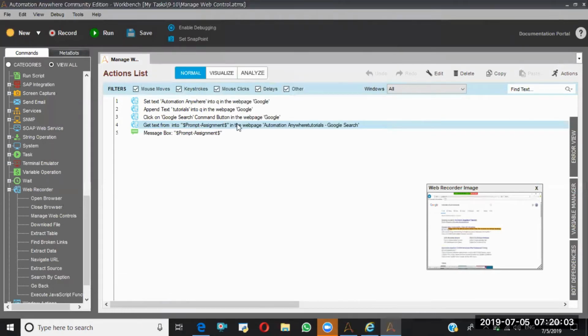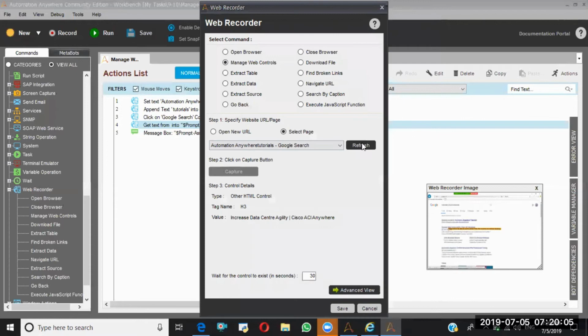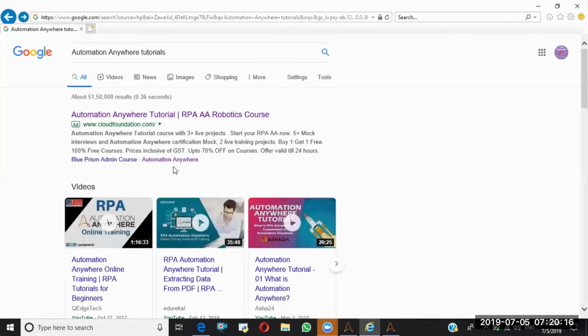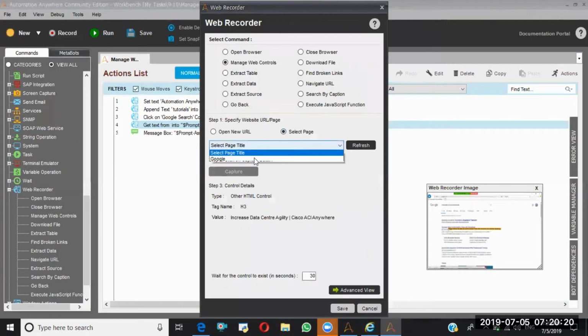Let me try one more time. So because of these kind of challenges, in general, we will choose the object cloning. I'll try one more time. If we are able to get, that's fine. Otherwise, we'll continue with the next things.